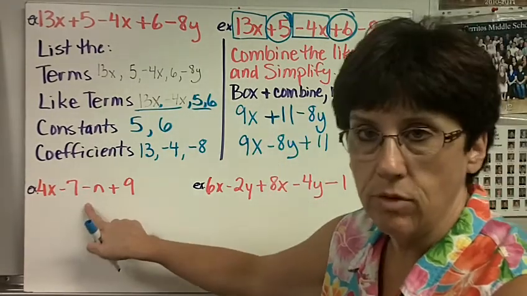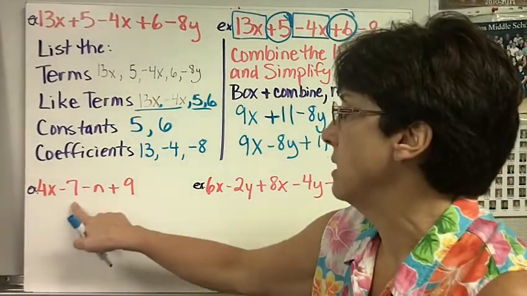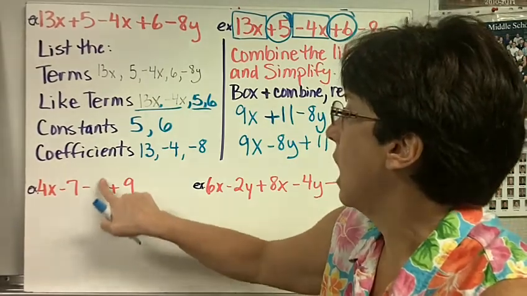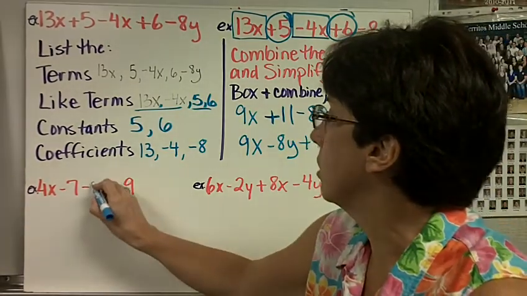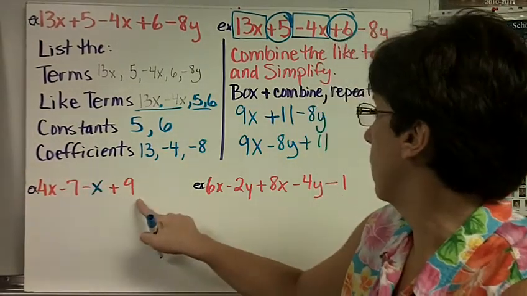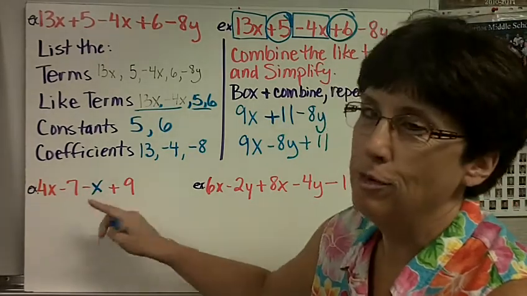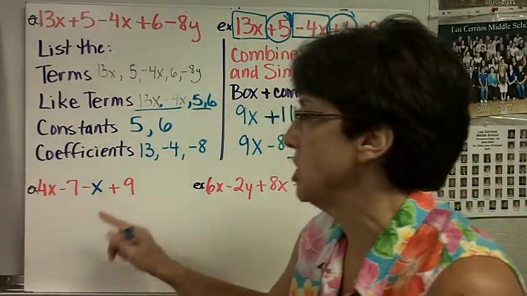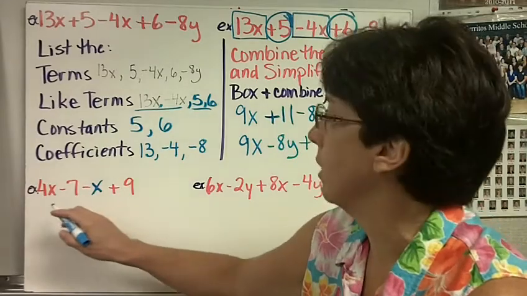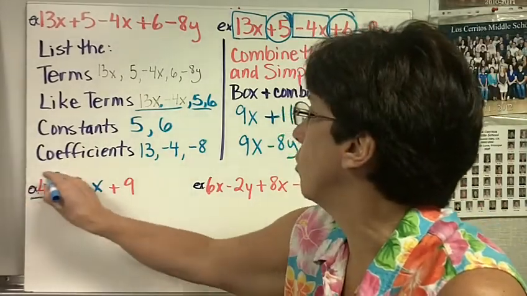All right, let's do the same for this problem. 4x minus 7 minus x, good job, Mrs. Bowden, plus 9. I copied it from the book, and the book had ends, and I switched it. Obviously not well. All right, here we go. 4x